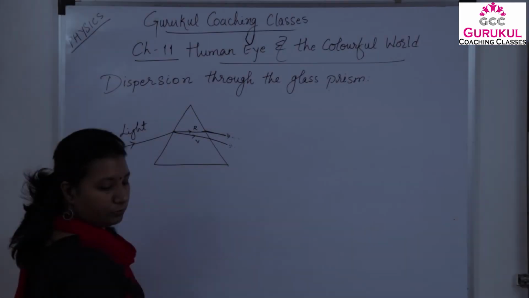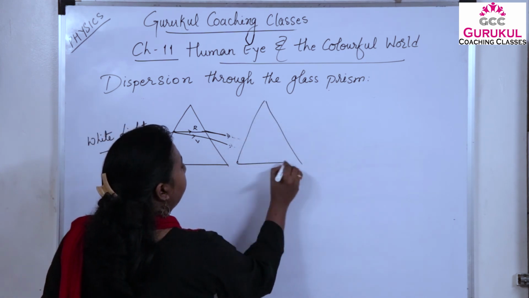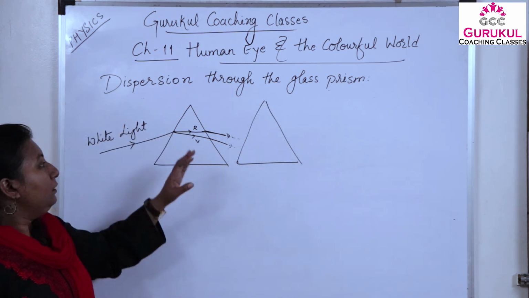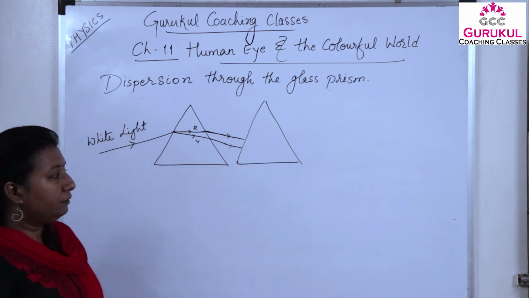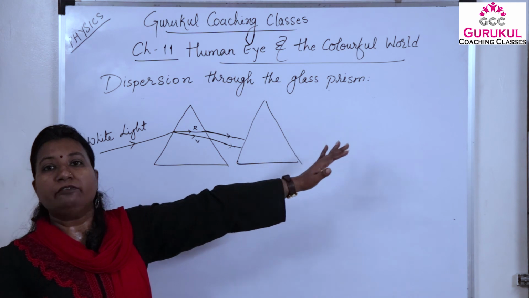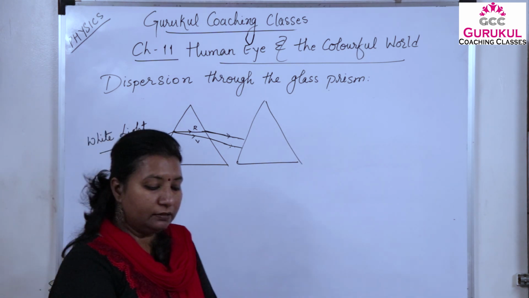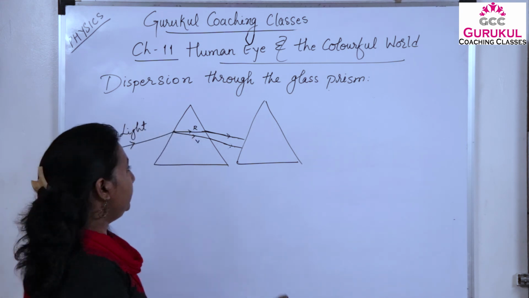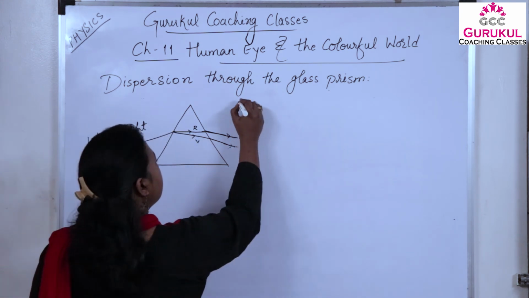Suppose we keep another prism in this way, then if the 7 colors enter into this prism, they will not show any further dispersion. But if we keep the prism inverted, like this,